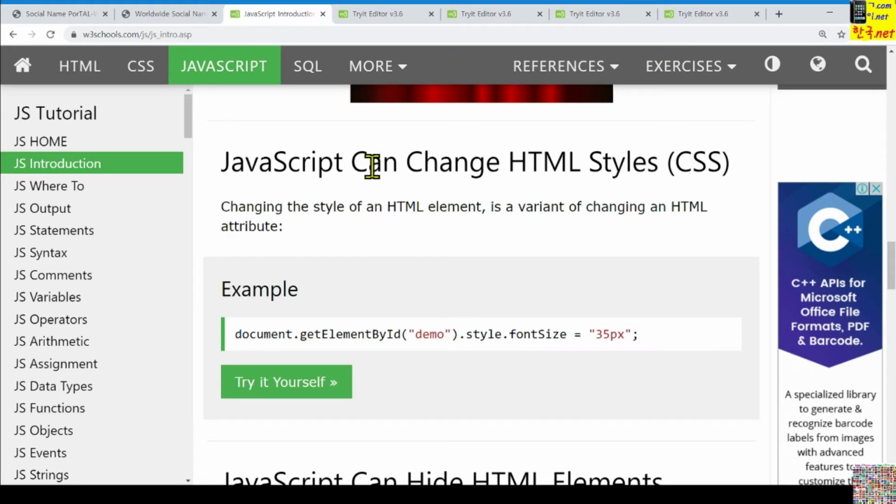Here we can change HTML styles. In the previous example, we changed the HTML attribute value, and also here we can change the style value. Here, style.